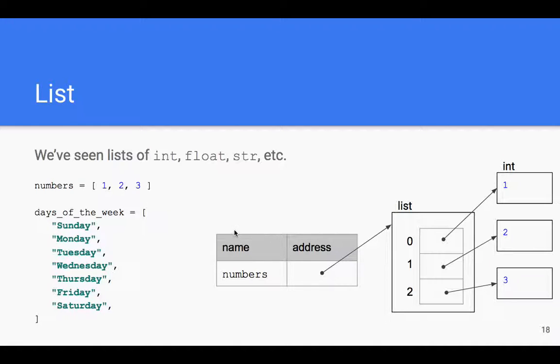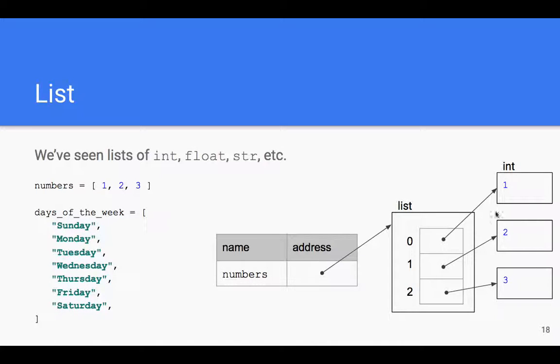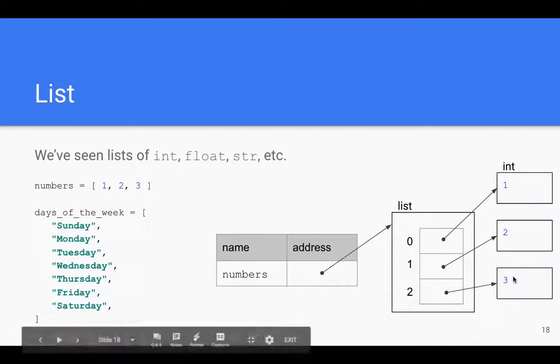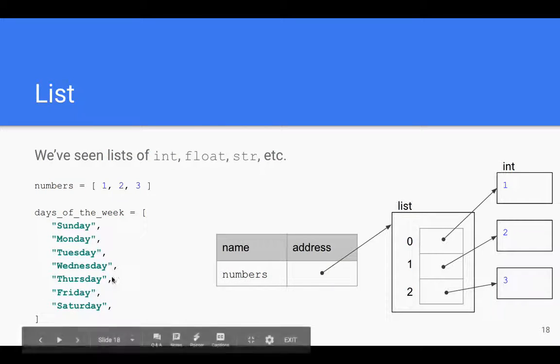Just pictorially, we have a name. And remember, a name is always associated with a reference to the actual object. So the actual object here is a list. And then inside the list, each element is yet another reference to the actual objects. So the actual objects are int objects with the values 1, 2, and 3. Okay, so this is what the picture looks like of a list of built-in types such as int or strings